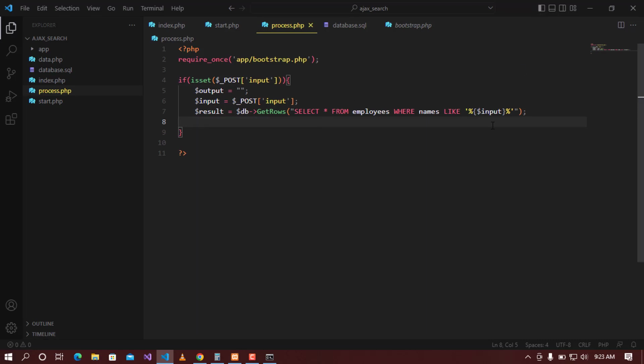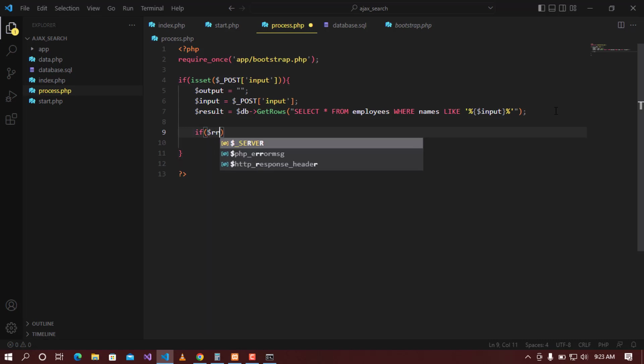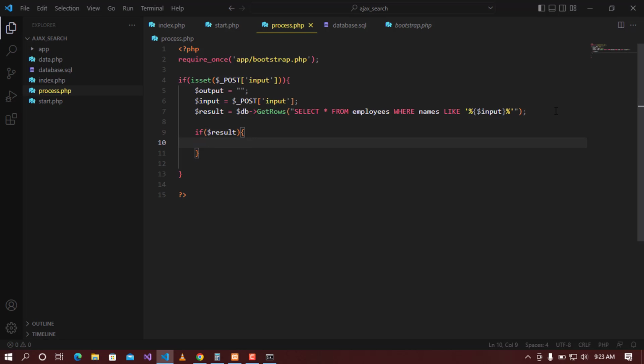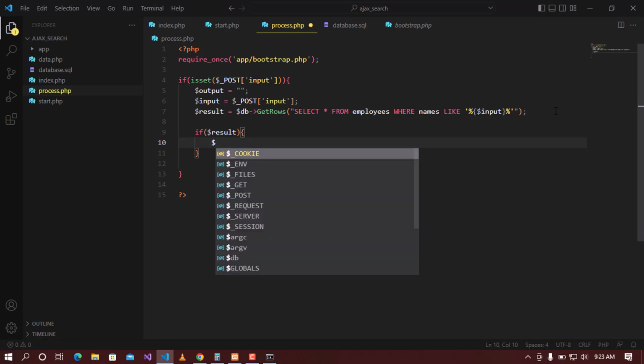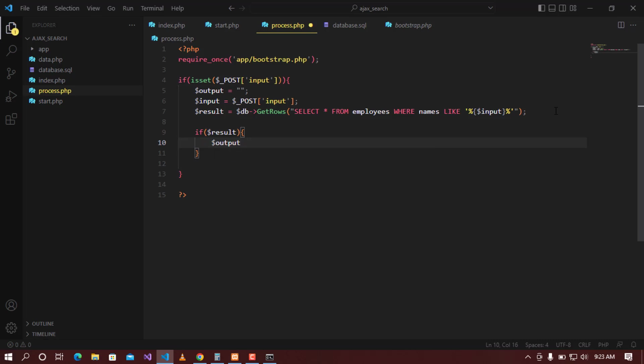But in here, as long as we took only one name, we can go ahead and add other parameters, and we will do that later on. Let's implement the result first, and we will come back to that, okay. I'm going to say if we get the result from the server, we can try now to initialize something to the output. And what I'm going to do is to say that output will be equal to